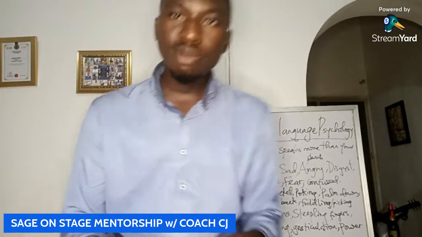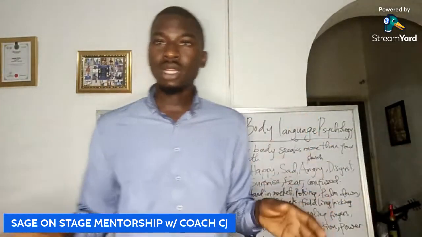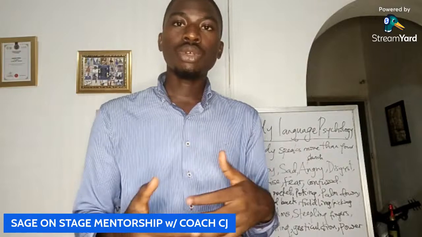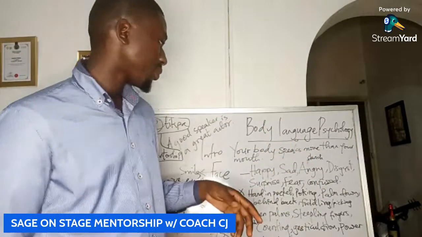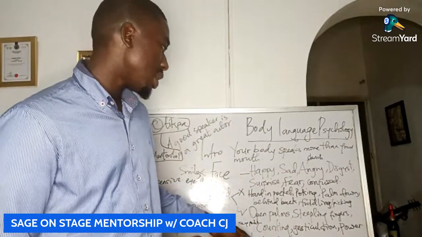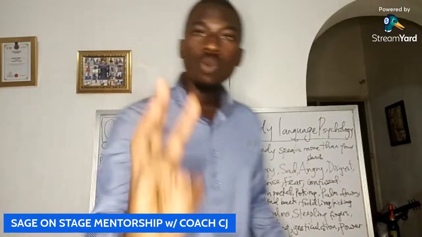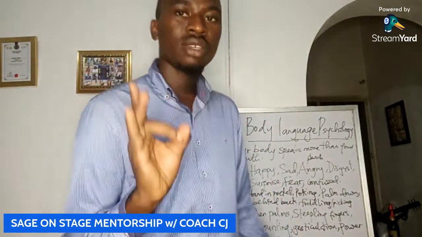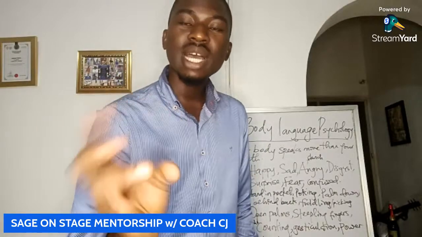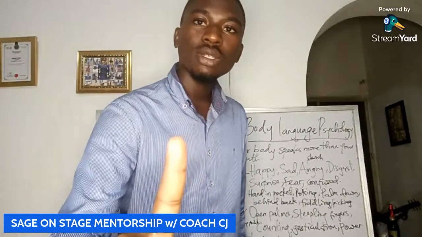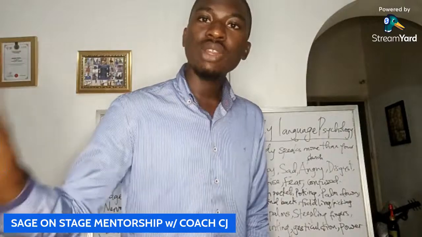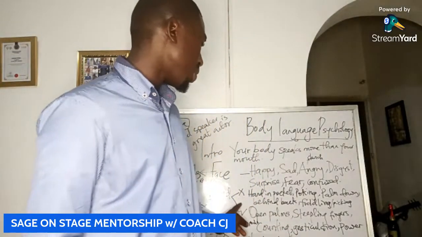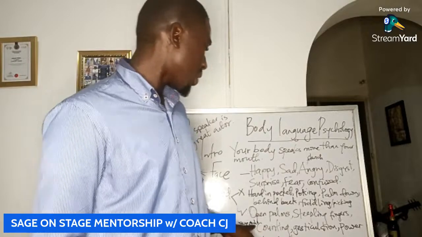Now, this speech, remember, I cooked it up right now. I made it up right now, right? You can obviously do something better. But I was trying to show you something that I did. Okay? And that is counting. Number one, secondly, and number 3. You see? And as I was doing that, I was using my hand. That's one of the ways to use your hand when it comes to gesturing. Okay? Now, the next one is,